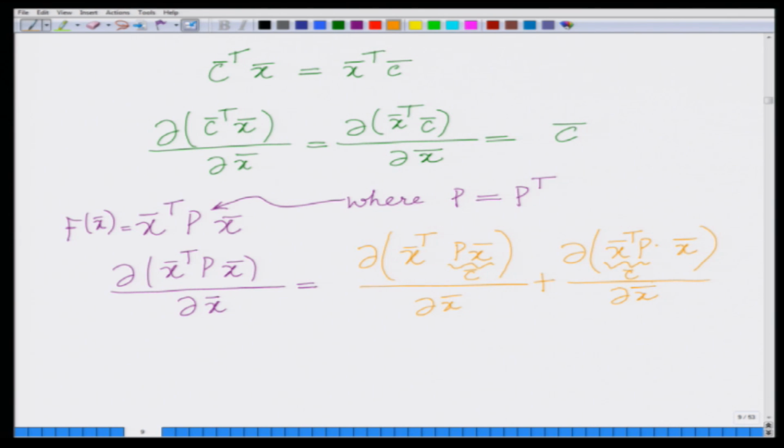Here I am using the product rule, derivative of f of x into g of x, that is derivative of f of x into g of x plus f of x into the derivative of g of x,